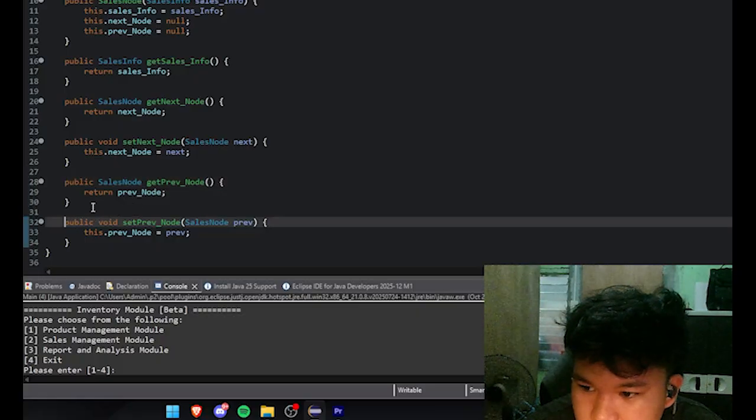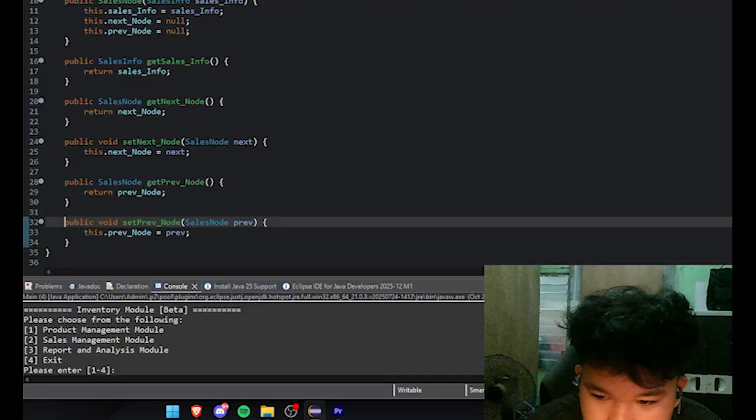For line 32, this method is used to set the previous value or previous node. It takes a sales node as input, then updates the previous node linked to the input.